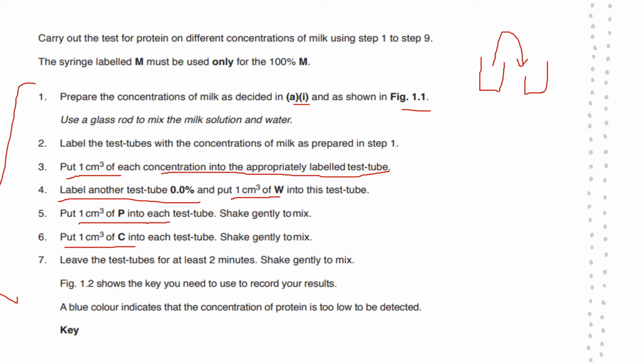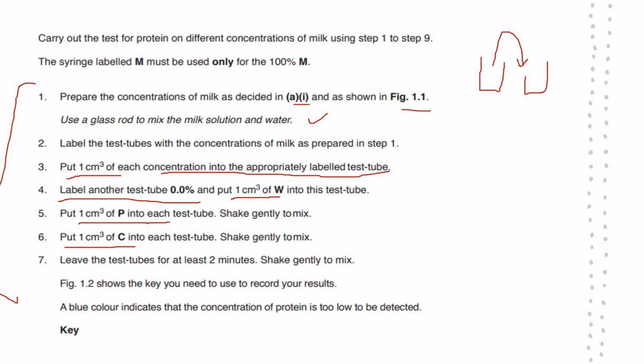So don't just read instruction 1 and then rush to do that and then do instruction 2. Read everything to the end, because that helps you work a lot faster actually. It might seem like you're starting off slow, but you end up picking up really quickly. So in this case, we've already done this because that was what we were required to do in the first stage when we did the serial